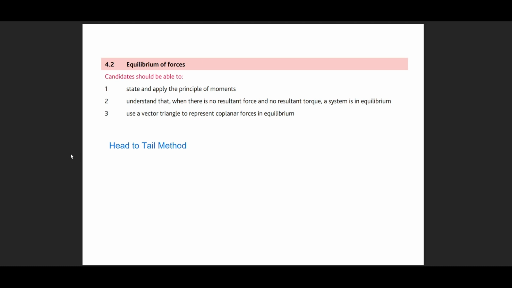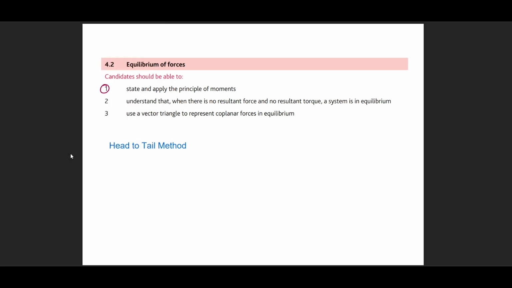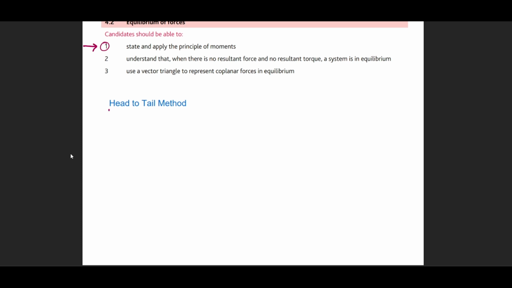The first part of this syllabus question is from moments, and I will be making a separate video for that. You will find the link in the description as well, right? So this lesson only deals with how to look at vector questions and how to solve them if they're graphical in nature. So first we need to understand what the head-to-tail method is and what it looks like